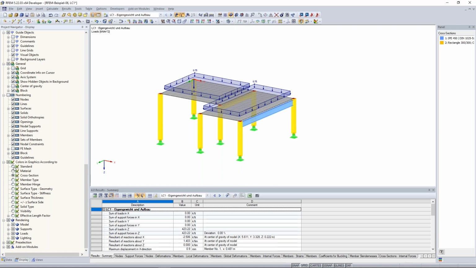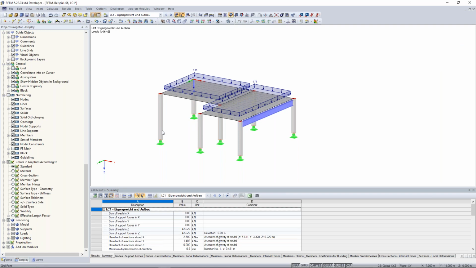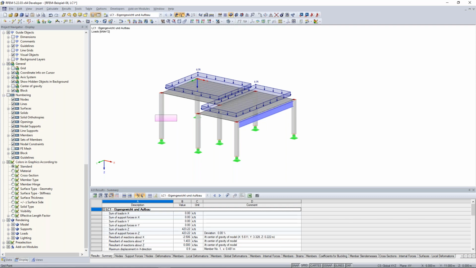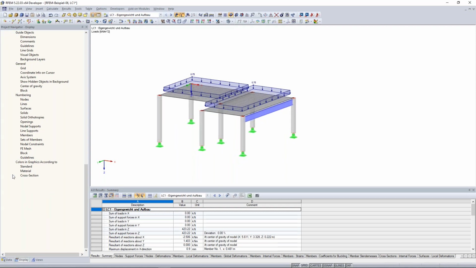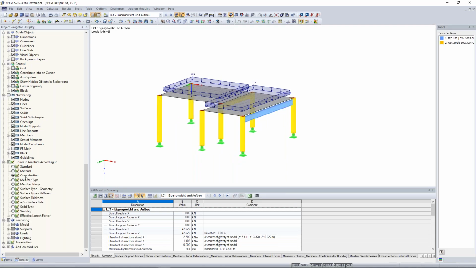But normally you have this standard, and concrete is gray, has the color gray, and the steel has this blue color. But if you have more different cross sections, this kind of information will be very helpful. It's very helpful. Good. Then